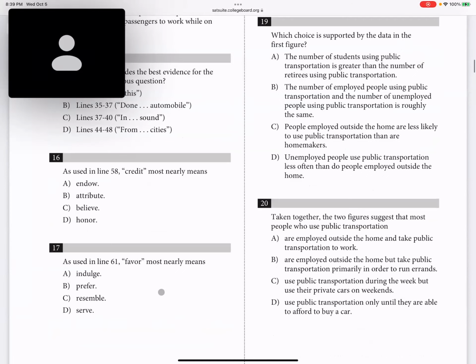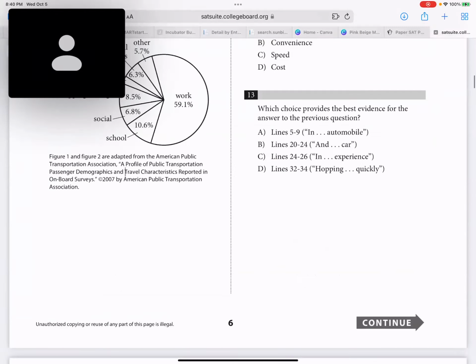So very good. All right, 16. This is what we call a words in context. So as used in line 58, credit, which nearly means